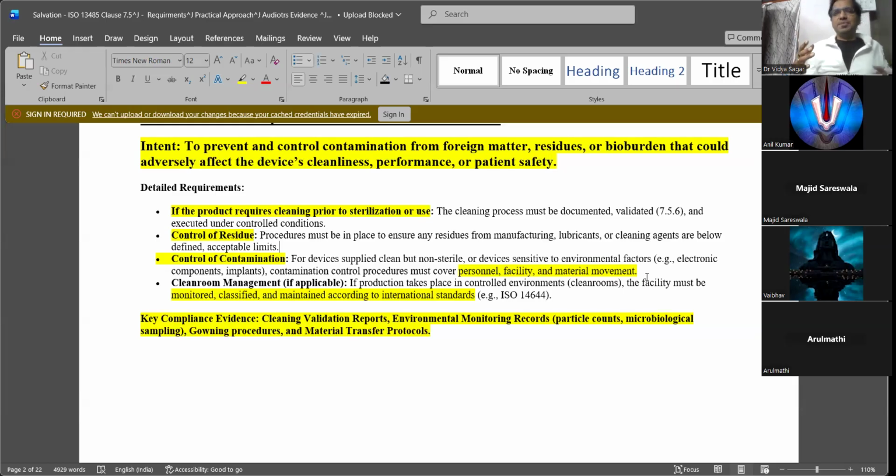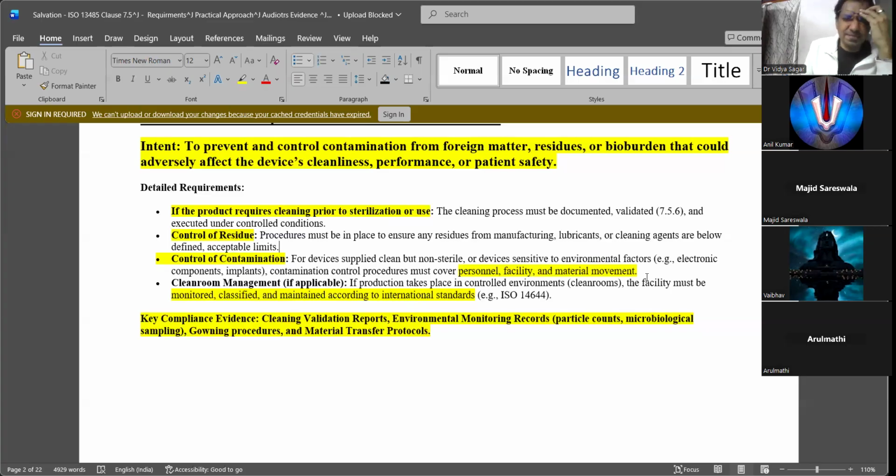I read somewhere that in a day we shed almost 1500 microns of debris. Every day. That is very huge when you are entering a clean room classified as class 100, class 1000, even class 10,000. You need to be careful. That's why we wear clean room dresses and clean room caps, so that there won't be any contamination.